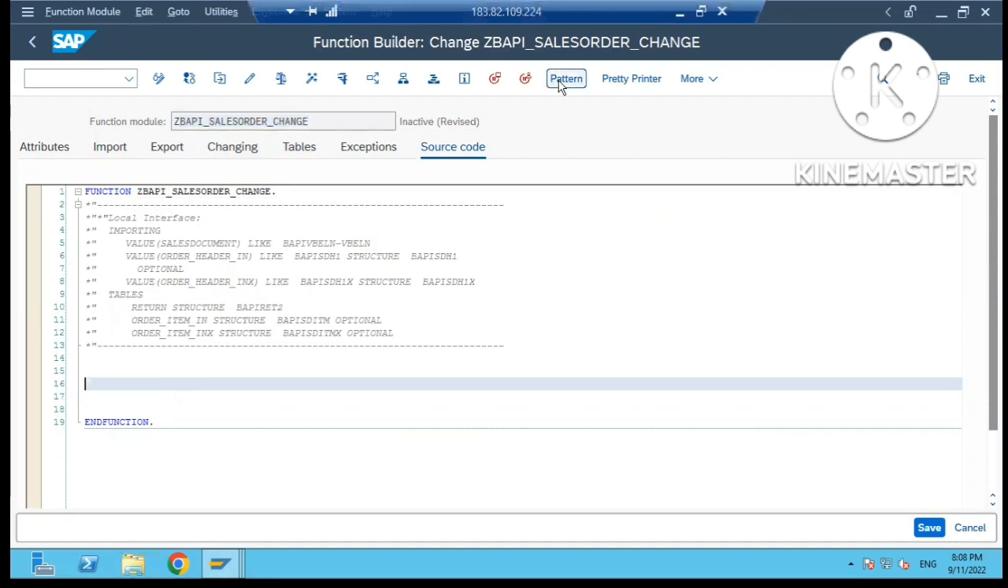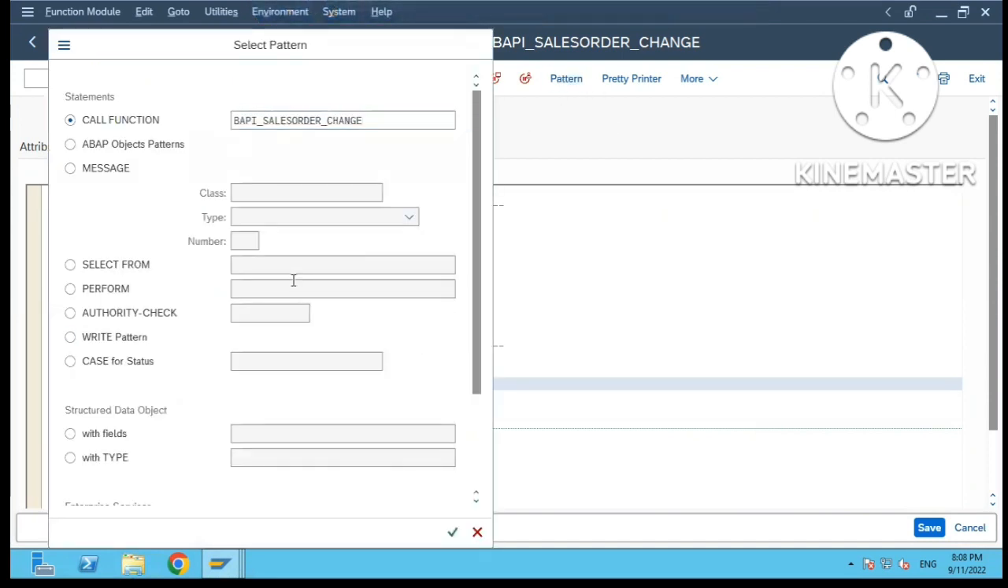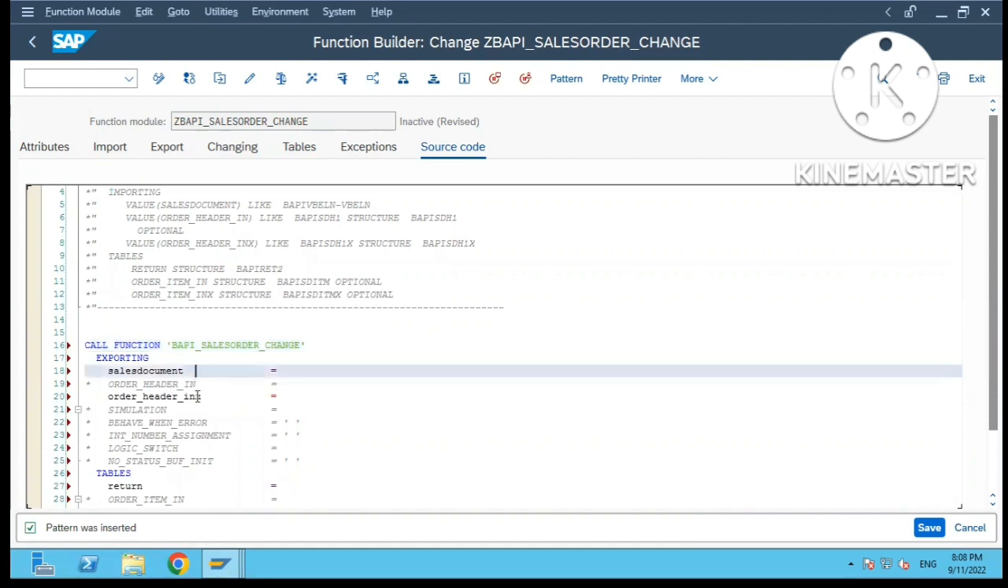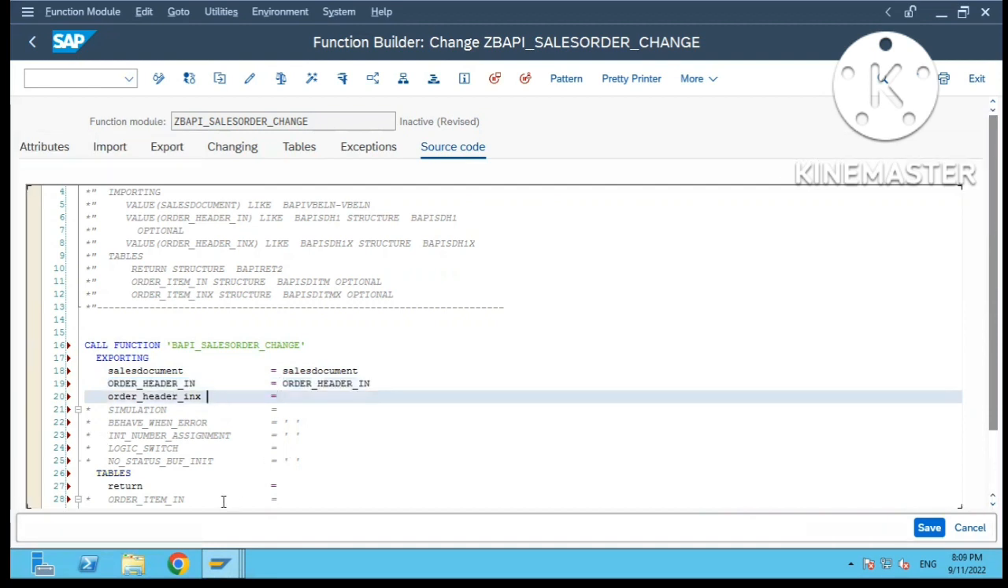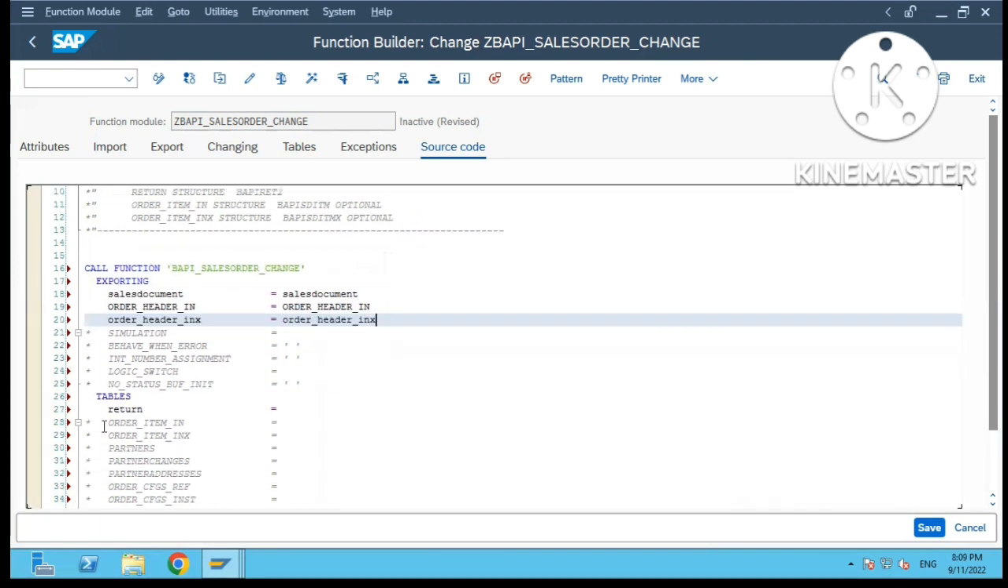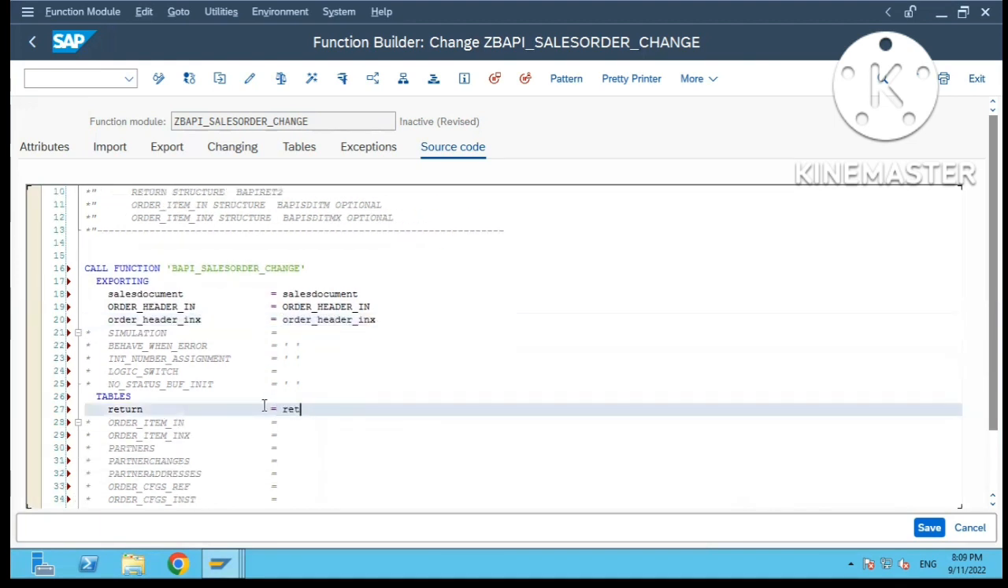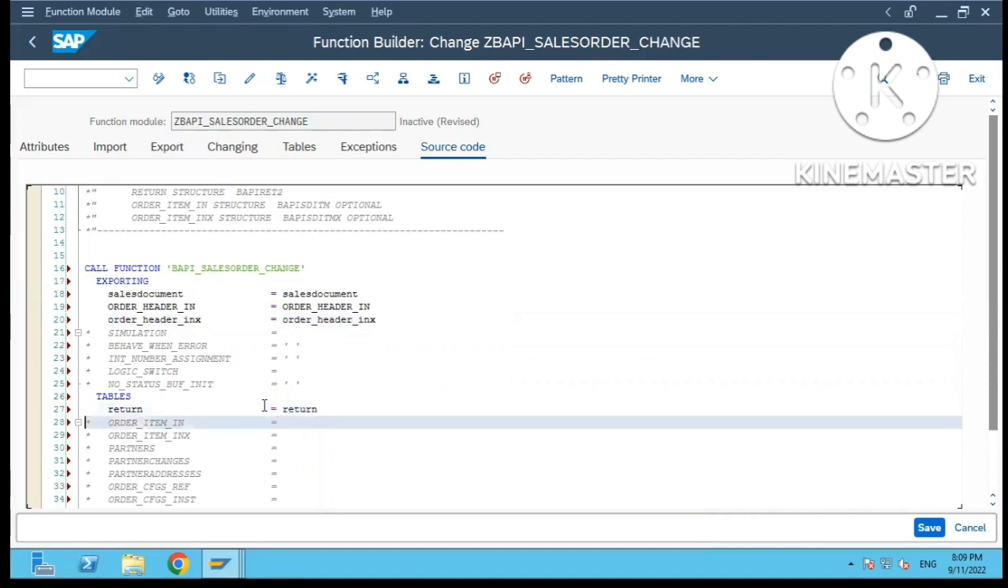Now what we will do is we'll click on pattern, call this BAPI. We need not do much. We will just declare the same value over here, reason being we have already declared this as input parameters. So it becomes easier. Otherwise, we had to declare all these tables and pass values in it, and it would have taken a long time. So same goes over here, return, and these two,